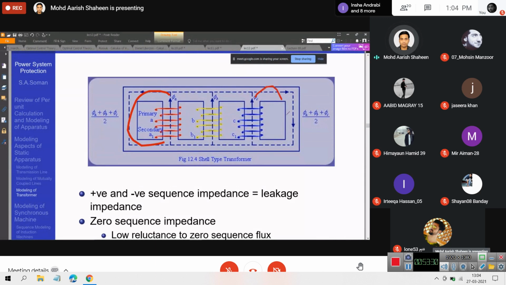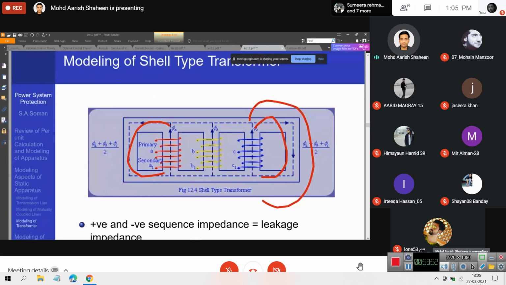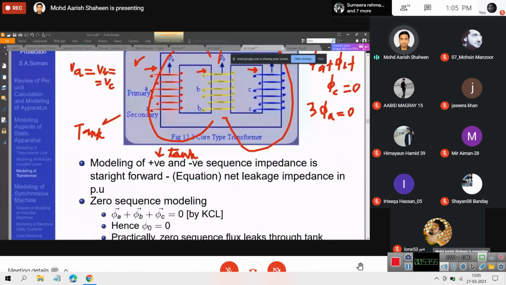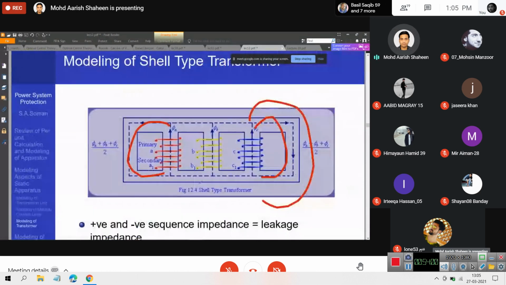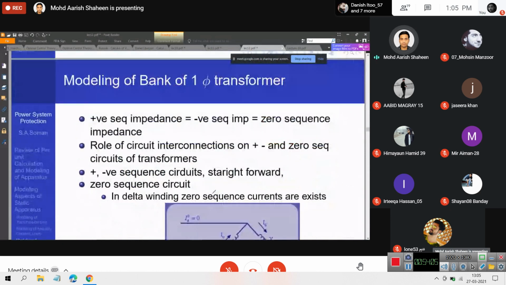Flux can also come back from here. The flux does not need to go back into the network. ठीक है. So the zero sequence impedance is very different from the zero sequence impedance that we have seen there, जो हमारे पास original network था ना. So moral of the story is, even though one would expect the positive sequence and negative sequence impedances of both the core and the shell form to be roughly same, assuming many assumptions, zero sequence behavior is completely different. ठीक है. So anyway, यहाँ detail में जाने की जरूरत नहीं है.